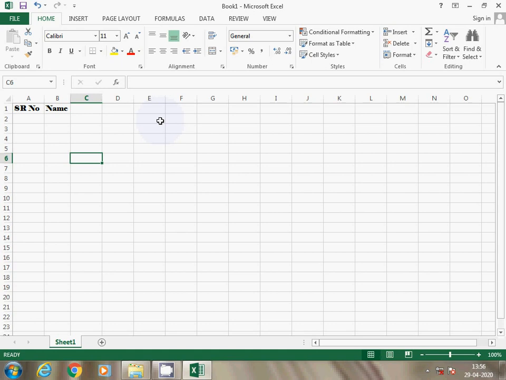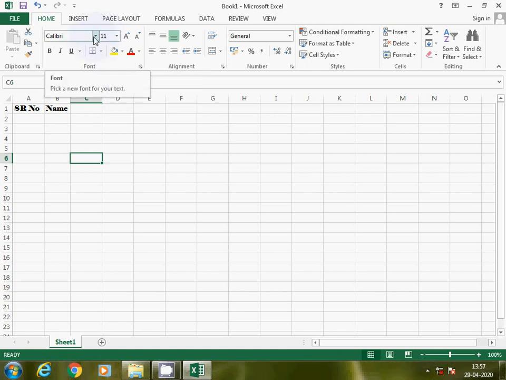So let me start with home tab. In home tab you will find the clipboard group. It is available for cut, copy and paste commands. When the user wants to cut, copy or paste, then these commands will be useful. Then font. This entire group is available for changing the font and its appearance. Here you may see first font, where you can pick any font, that we have already demonstrated. Then size, if you want to change the size, you can apply size.